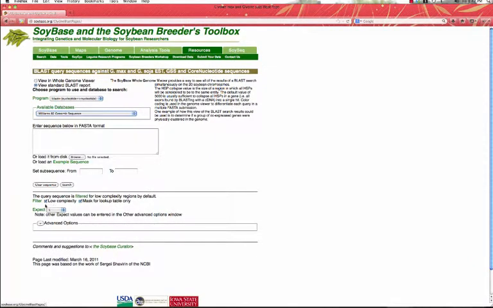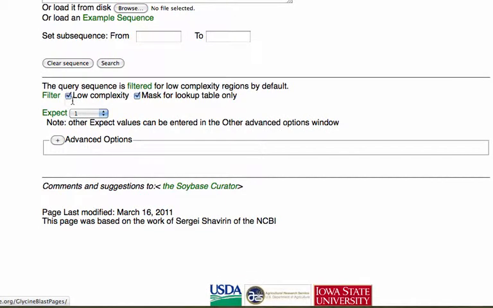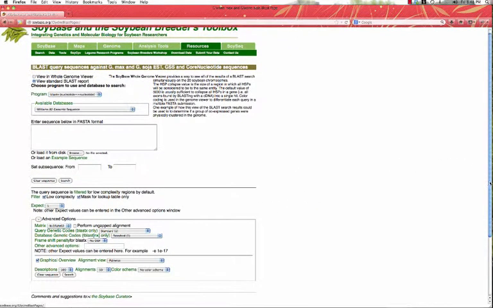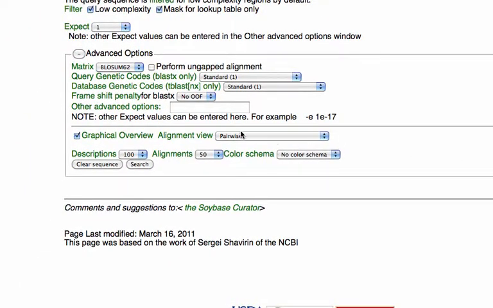So down a little further, we have the option to change your filtering. Then we also have a number of preset expectation values that may be conveniently spaced, but if those aren't sufficient, you can come down to our advanced options part of the page, where you can choose a number of options, including the ability to type in -e space 1e to the negative whatever number for your expectation value that you want. And finally, you are able to pick from a number of alignment views that you're probably now used to from